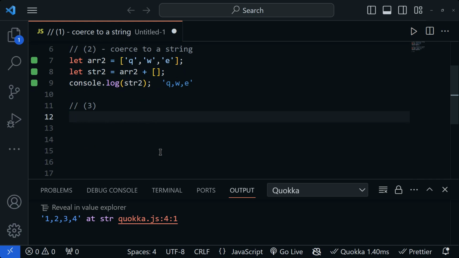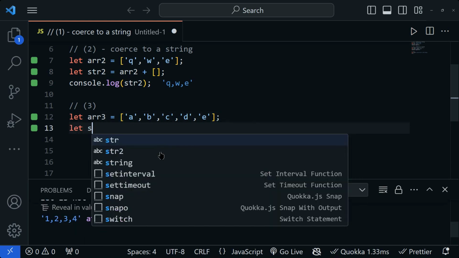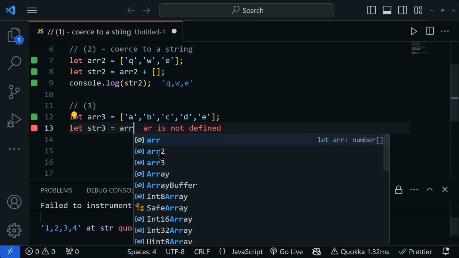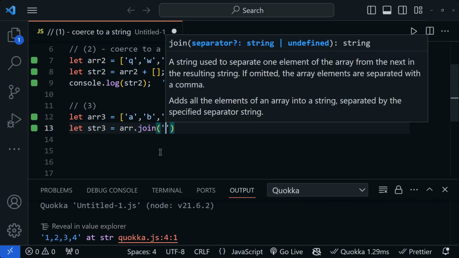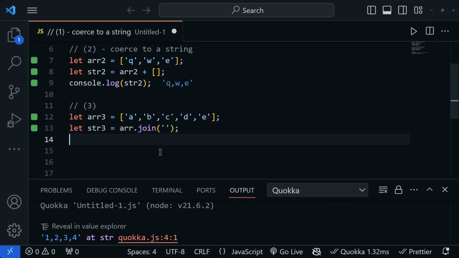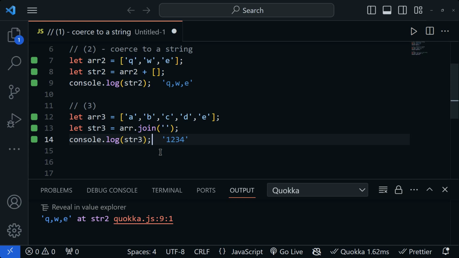So in this example, I'm going to set ARR3 to be, let's say, A, B, C, D, E. And now I'm going to say let str3, and I'm going to set it to the value of calling array.join and passing it an empty string. So now when I console.log str3,